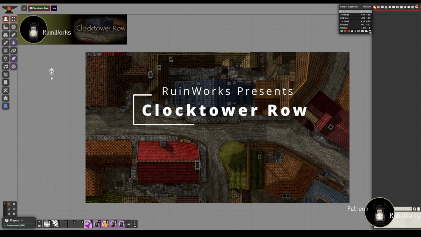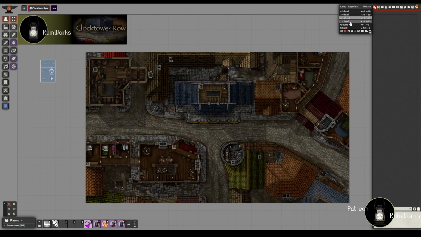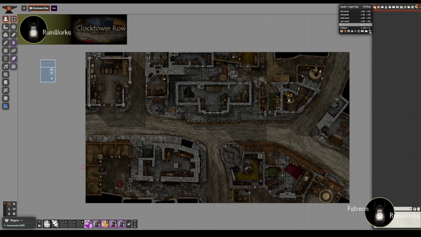It is a 6th level scene. Right now we're on the rooftops, got a clock tower top, and then you can slowly see as we go down levels, all the buildings start to fill out a bit more until we get down into the cellars. There's not a ton of interactive things going on in this scene, so I'm going to run over the few that there are, and then I'm just going to run a token through the scene just to show you guys